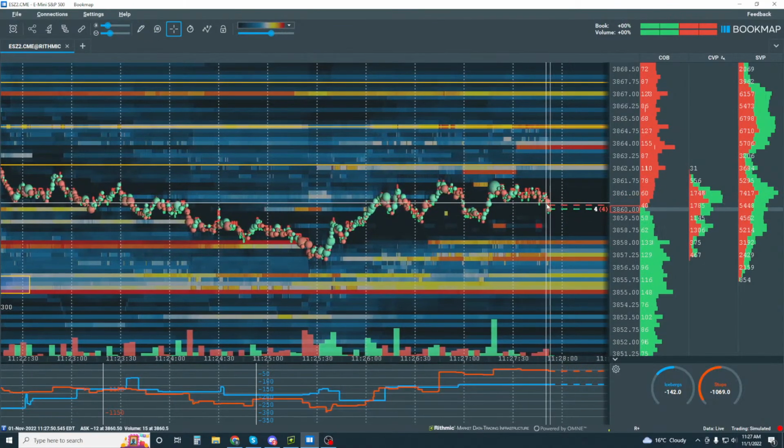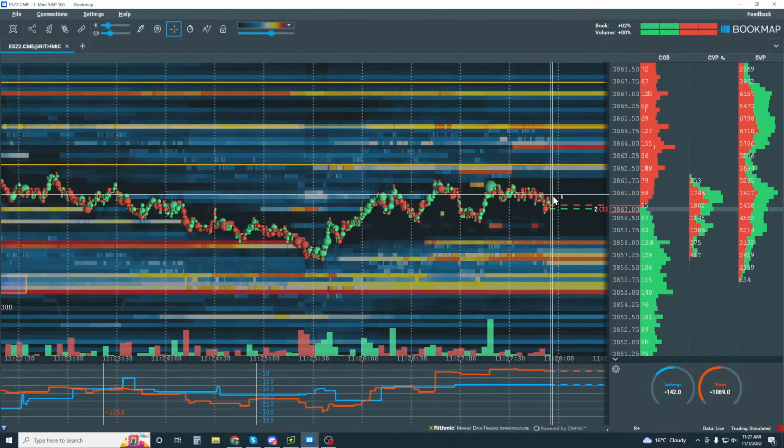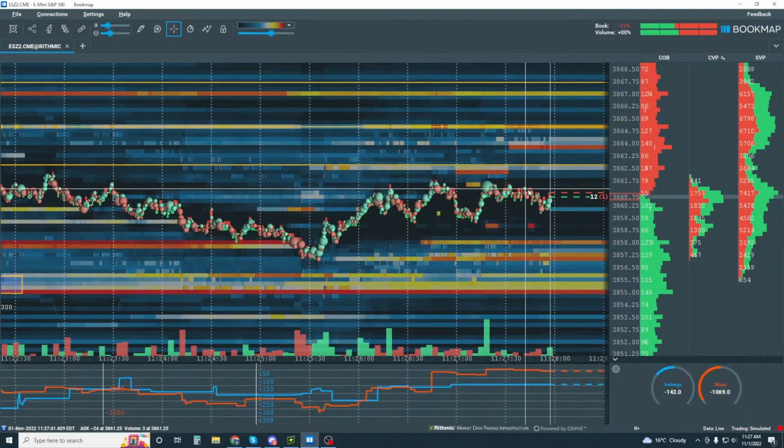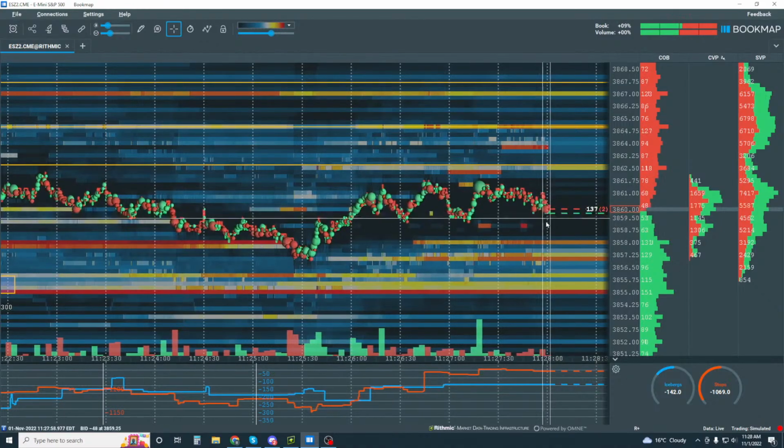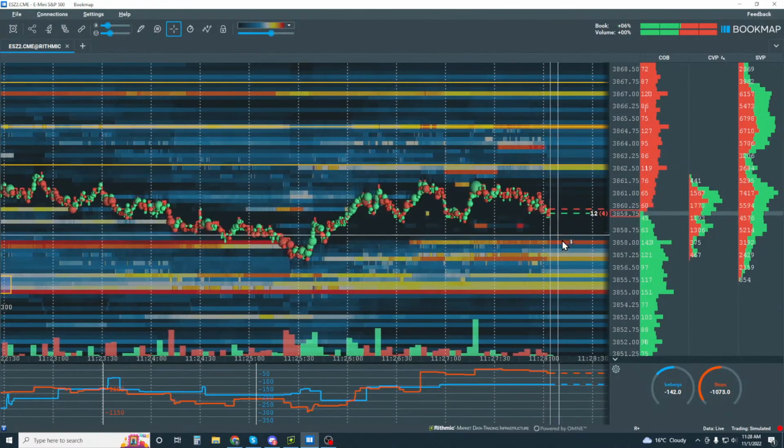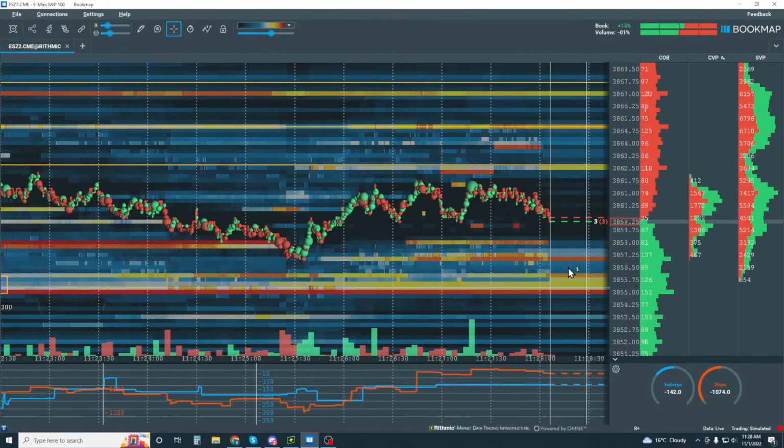Okay, looking good for the sellers to come right back in. Let's see if they do. See how we had exhaustion here? Now they're supporting on the bid. Looking for sellers though, and looking for them here, and then drop it to 58, all the way down to 55 here.